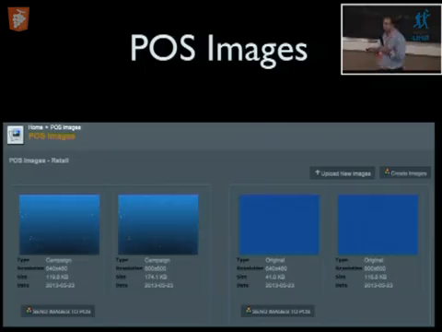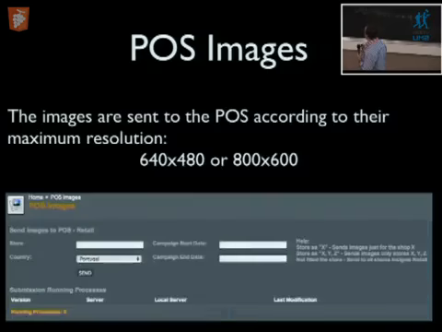So how do they manage this? Easy. They just upload a new image, say what type of image it is, and that's it. Whenever they want to send the image to the servers, they just pick one store or multiple stores.